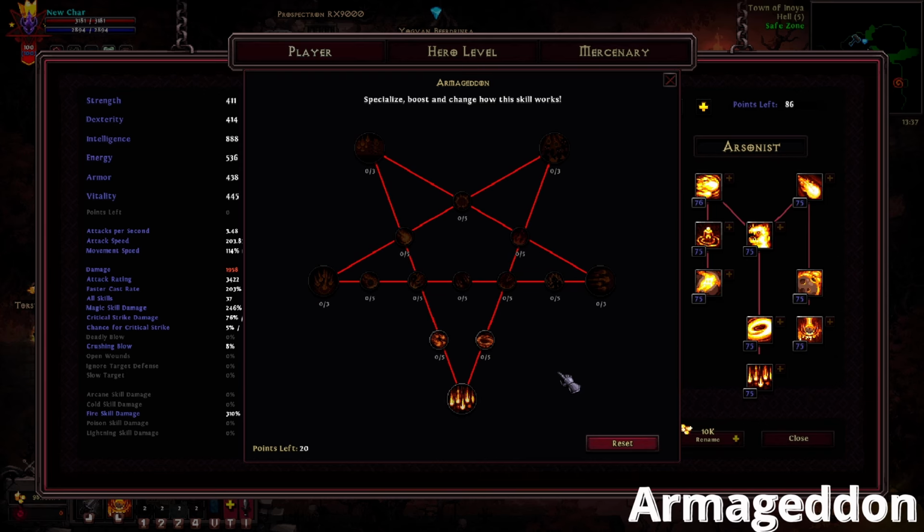Our last skill is Armageddon. Starting with the travel nodes, we have increased amount of meteors falling from the sky, increased Armageddon's AoE, increased meteor size and explosion radius, chance on hit to inflict burning, chance on cast to unleash an additional Armageddon, decrease the